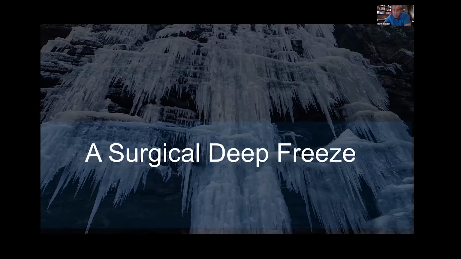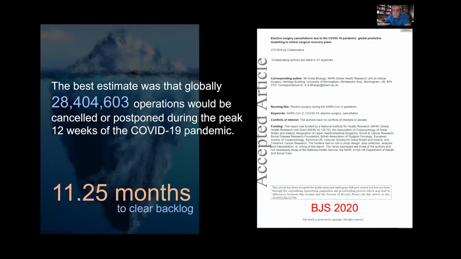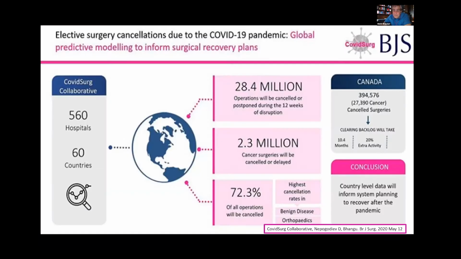What made things even more, going from a real difficulty to almost a crisis, was the last few years, where we've had a real difficulty in getting people back to normal with respect to surgery. In fact, during that short period of time in 2020, around March 11th when the pandemic was declared, they suggested that there were about 28 million cases canceled or postponed, and that led to major challenges. When they looked at it specifically, the highest cancellation rates were occurring in orthopedics. So we were seeing orthopedic hip and knee surgery, Ravi, being called lifestyle surgery, and therefore lower priority, and therefore there led to a huge potential backlog.